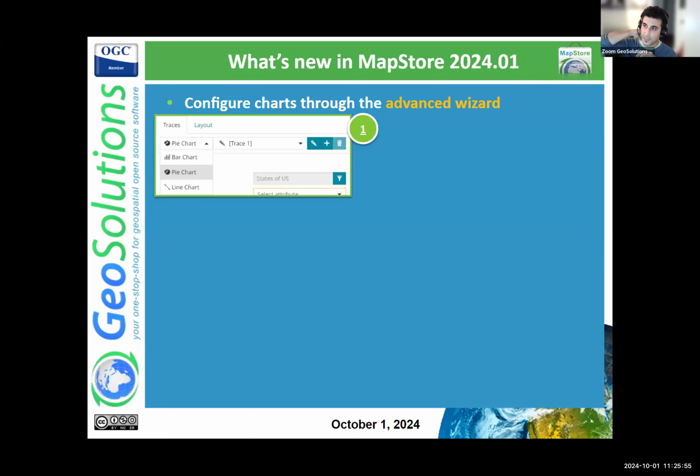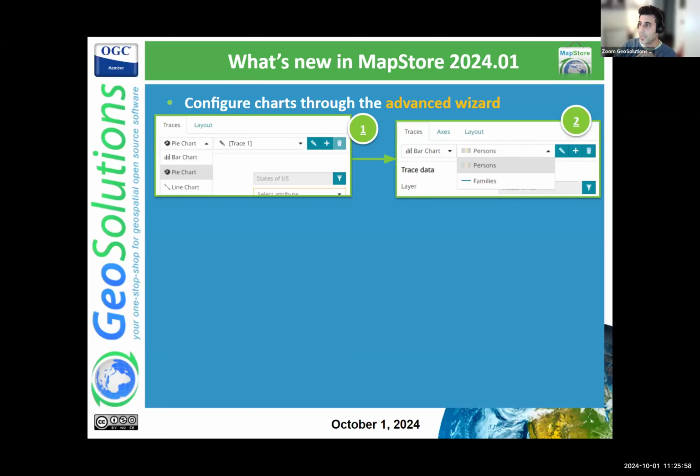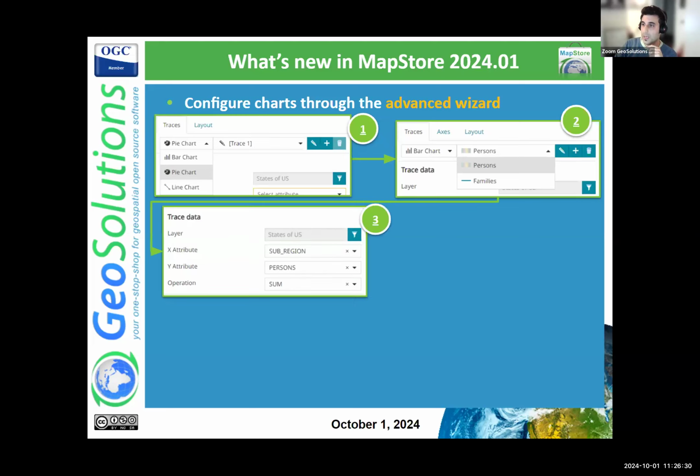You can select the chart type, of course. Then you can basically have a control for selecting the trace from the ones you have configured for the chart. So for example, in this example, we are configuring two different traces on the same dataset. That is the usual states layer. So you can select the chart you want to configure, and then for the selected